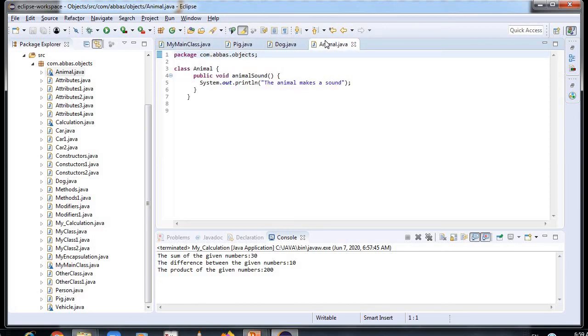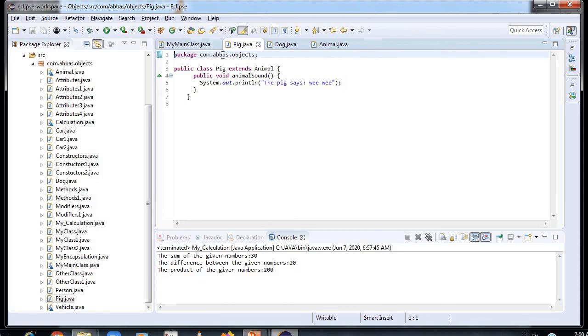So in Java polymorphism, it occurs when we have many classes that are related to each other by inheritance. So all these classes are related with each other. Now in animal.java, the animal makes a sound. Now what sounds does the animal make: the dog says bow bow, and in this class the pig says vv.